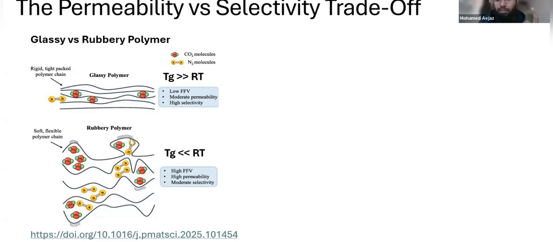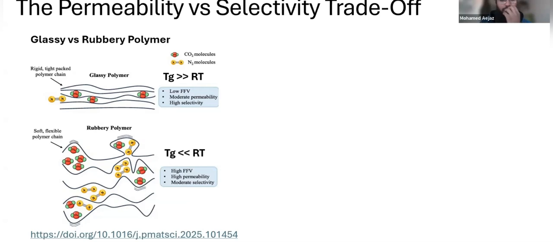But in rubbery polymers, it's the other way around, right? Because rubbery polymers are flexible. Why are they flexible? Because they are above their glass transition. And once you surpass the glass transition, your chains become mobile. Your polymer structure is really flexible. And that leads to high free volume. So you have to remember one thing. There's something called Brownian motion that happens in all kinds of material, regardless of the temperature, in that the molecules or atoms in your material will always fluctuate no matter what.